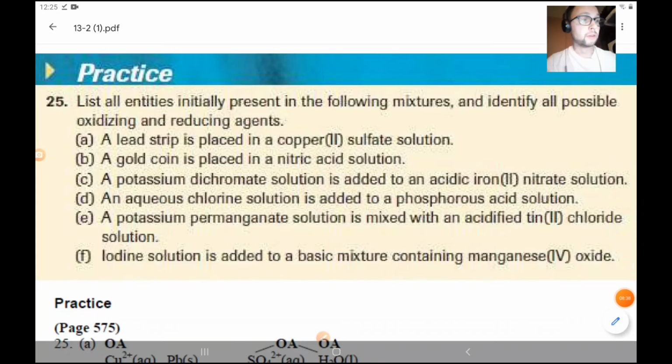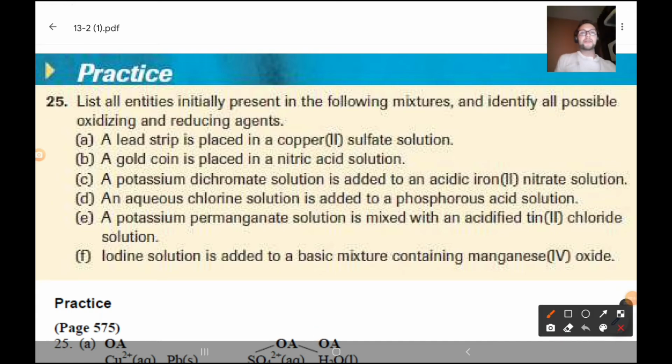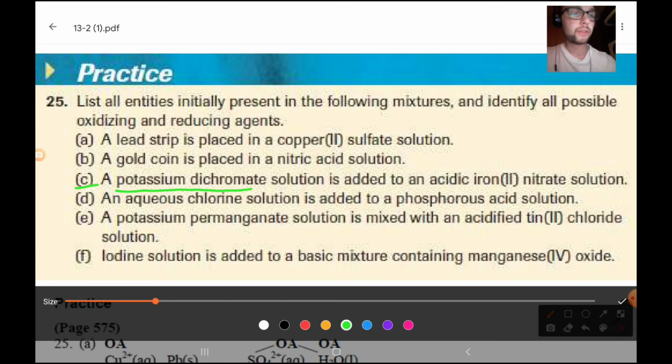All right, let's take a look at another one here. A last final one for the video. Let's look at C, because this one has a lot more going on. So it says potassium dichromate. So remember, and I'm going to change the color for this. Potassium dichromate is